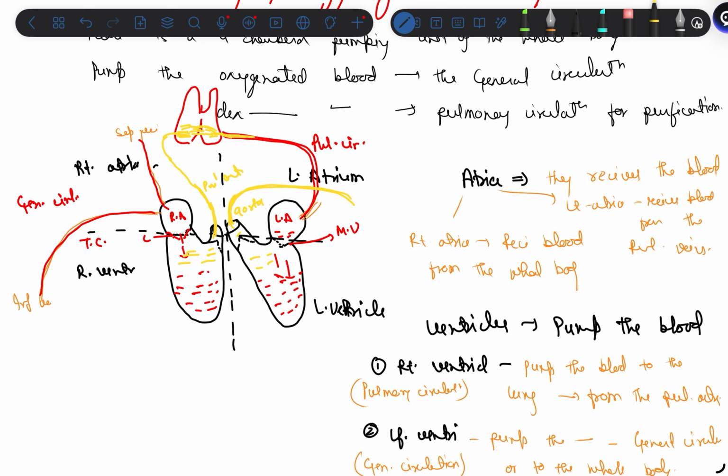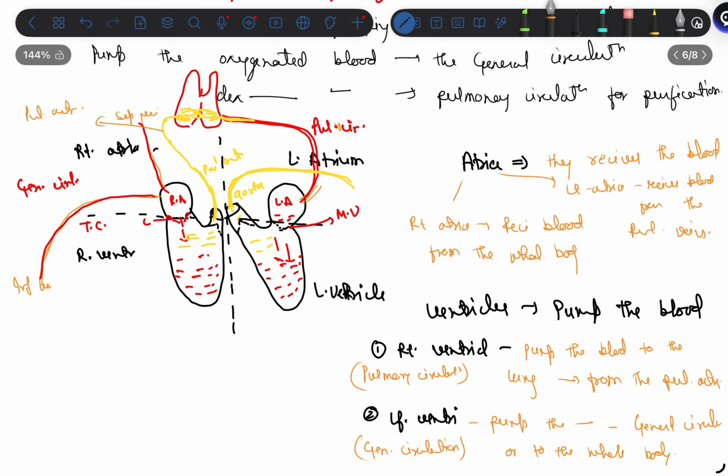And these are the pulmonary arteries and these are the pulmonary veins. The pulmonary veins collect the